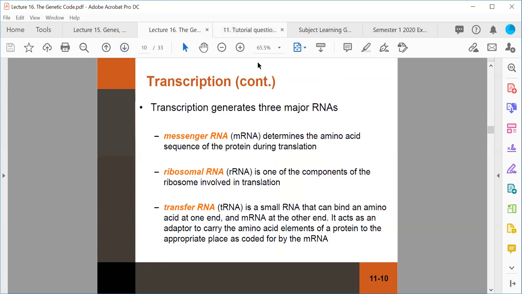All right, now, as we said earlier, genes encode functional products. And many of those functional products are proteins, but many of them are also different types of functional RNA molecules. There are three major types of RNA molecules that are actually synthesized as a result of transcription of genes. Okay, the first one is called messenger RNA. This is always abbreviated to mRNA, and this is the type of RNA that's involved in